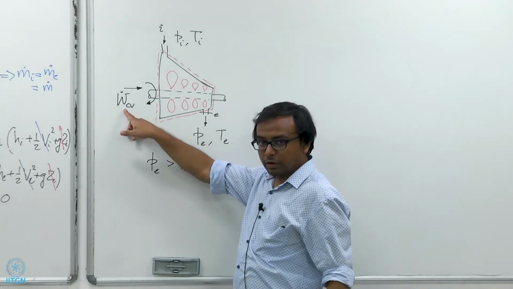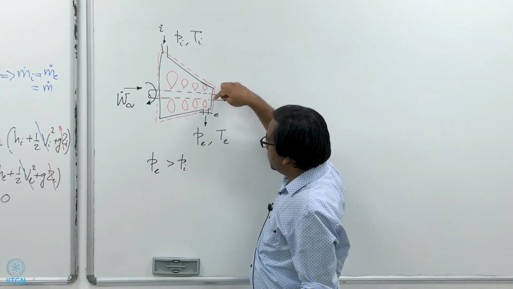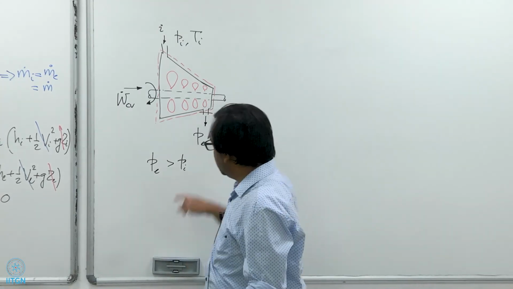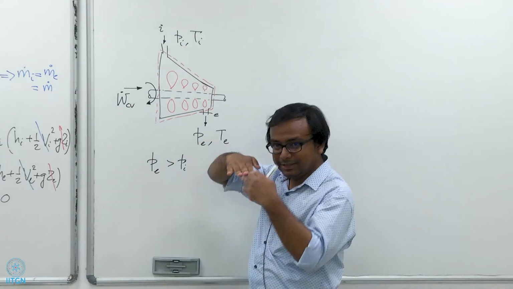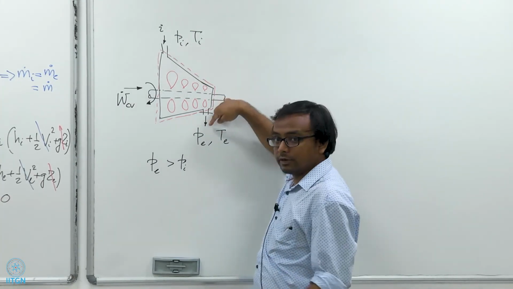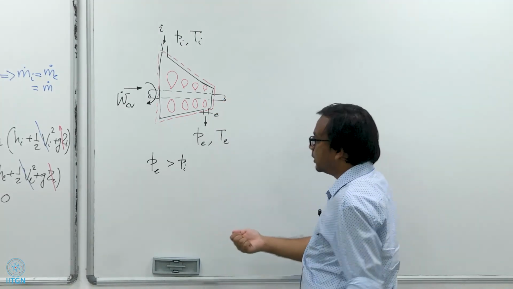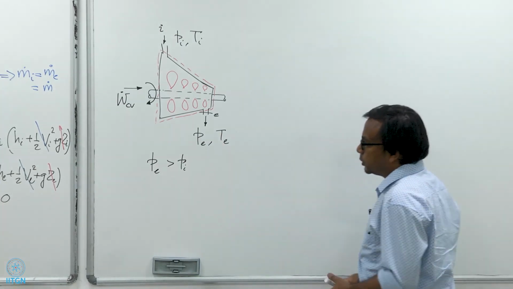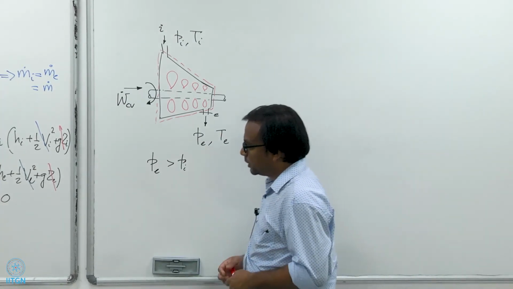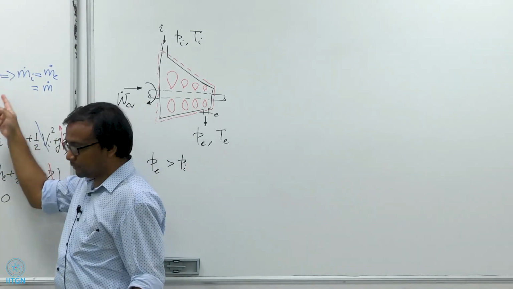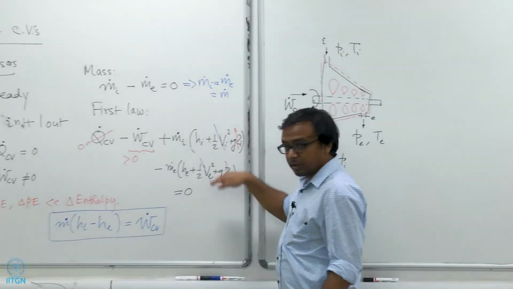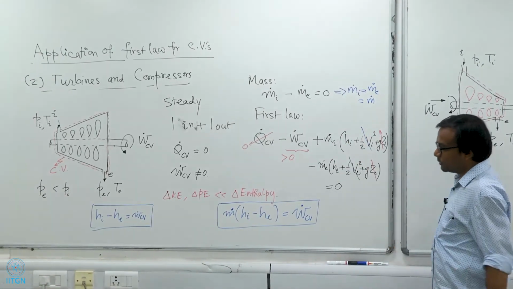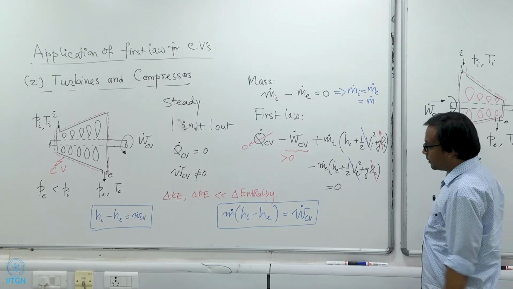So, this is work done on the control volume, and what are you achieving by injecting work? Well, you are compressing the fluid, or raising the pressure of the fluid from a low pressure to a relatively high pressure, by giving in work input. So, this is the opposite of a turbine. Okay. If I go back to the steady state first law and the mass conservation as written here, all of the assumptions that we have taken for the turbine remain valid.